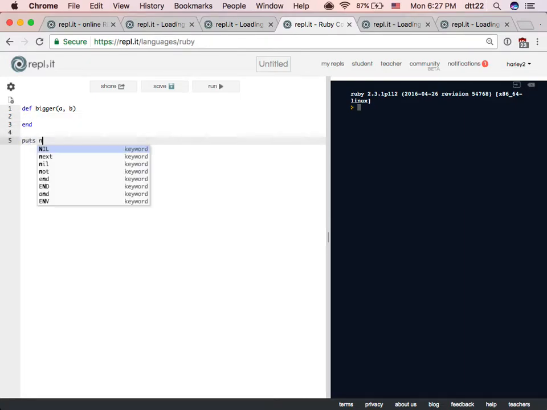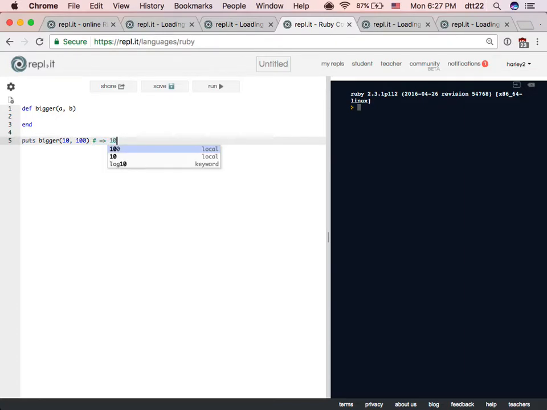So if I want bigger of 10 and 100, you want to display, I do this, it's a comment, so it will be okay. I want it to display 100, right? Right now, if I say display 100, this will be good. But then I test again, maybe between 1 and 1,000, right? And this will be wrong.